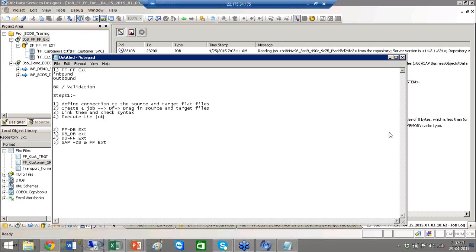So based on all these different factors that we collect from the customer's landscape, we will go and perform an activity called server sizing activity, where we define how much RAM is required,